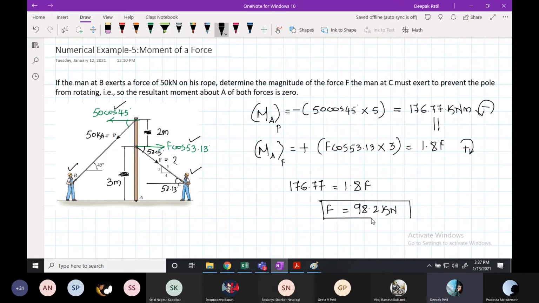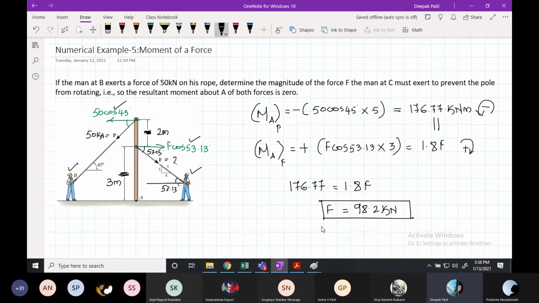Are you clear, students? Is that okay? Yes, sir. Any doubts there? Have you understood just a simple concept? It is very simple, looks very tricky, but if you think logically, it looks very simple.